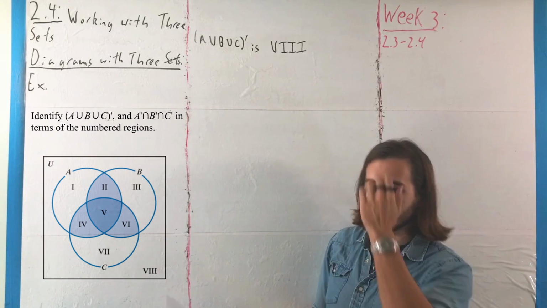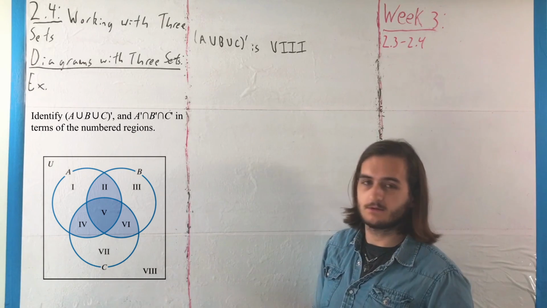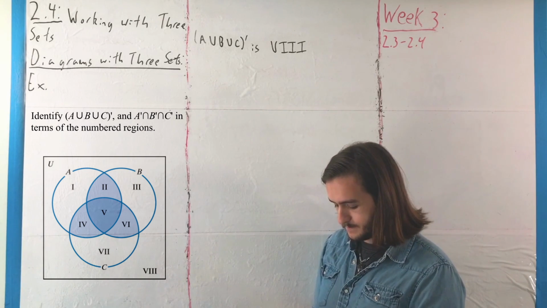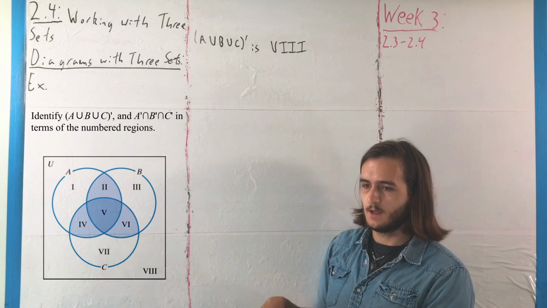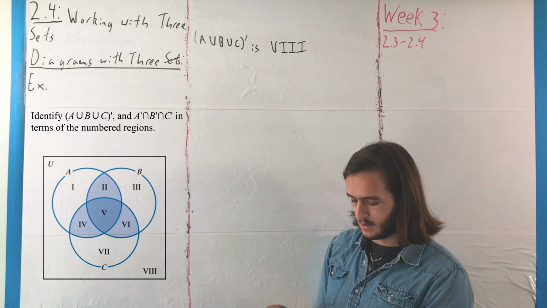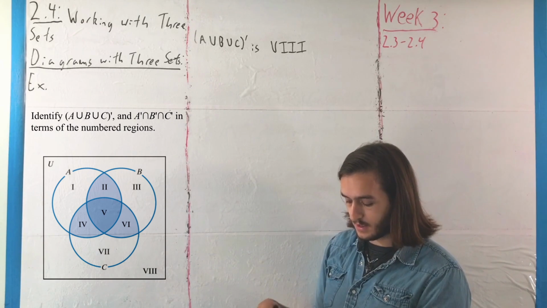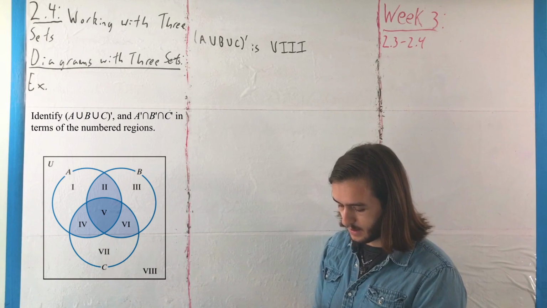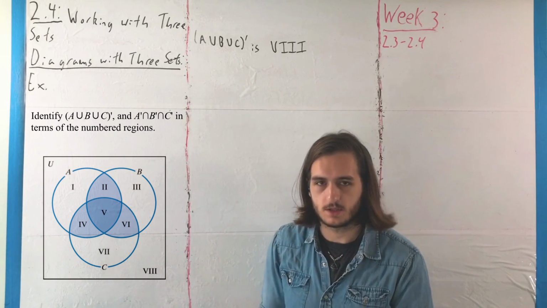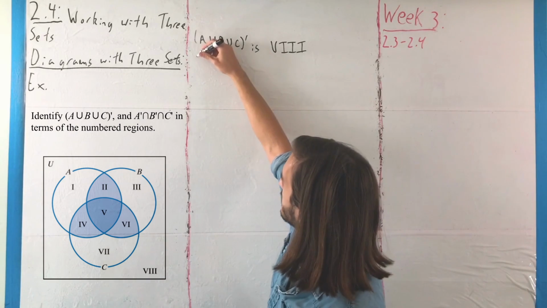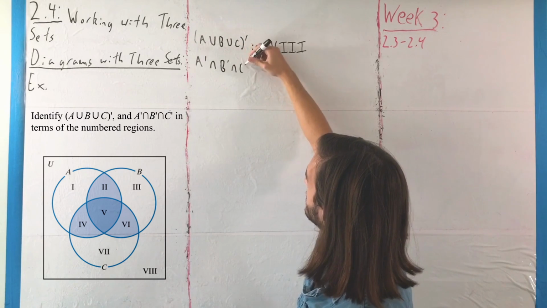And then on the other hand, if we wanted to take the intersection first and talk about the complements of those intersections, actually take the complements first, then take the intersections. Yeah, order of operations are important, even with sets. In that case, what would end up happening when we're taking the intersections is we get everything except for the bubble itself. So A complement would give us 3, 4, 7, and 8. B complement would give us something like 1, 4, 7, and 8. C would be similar, and what we should see there is that if we took A complement intersect B complement intersect C complement,